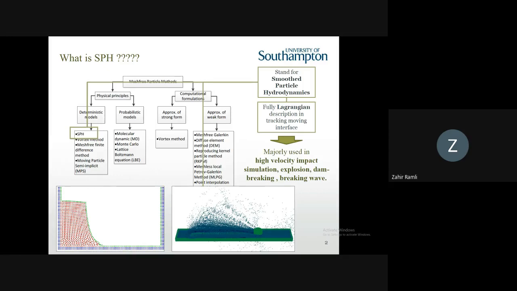Contohnya macam mana kapal mendarat atas air, when you release avalanching masuk dalam air, coastal defense, okay, and then you ada structure tengah offshore punya platform, and then apa ni, port, so they're very good in that. Okay,